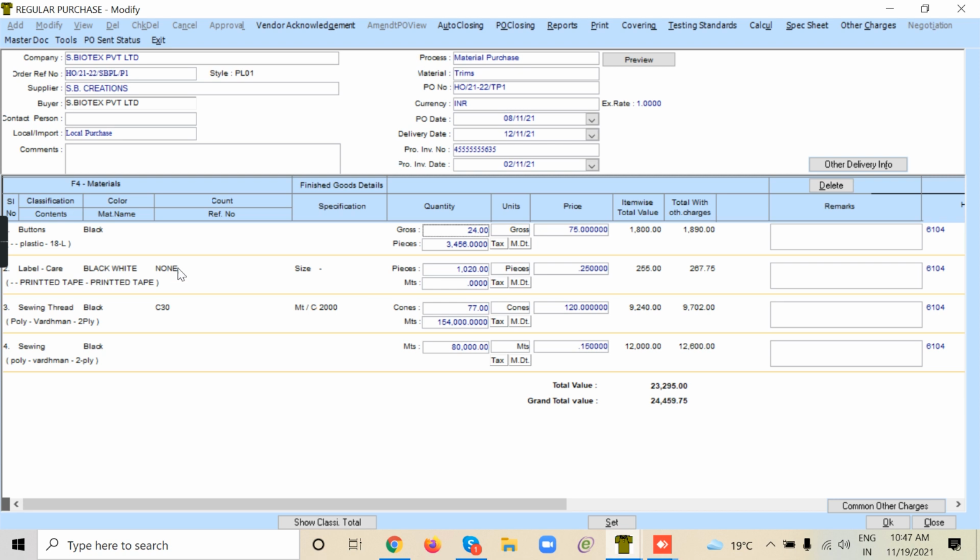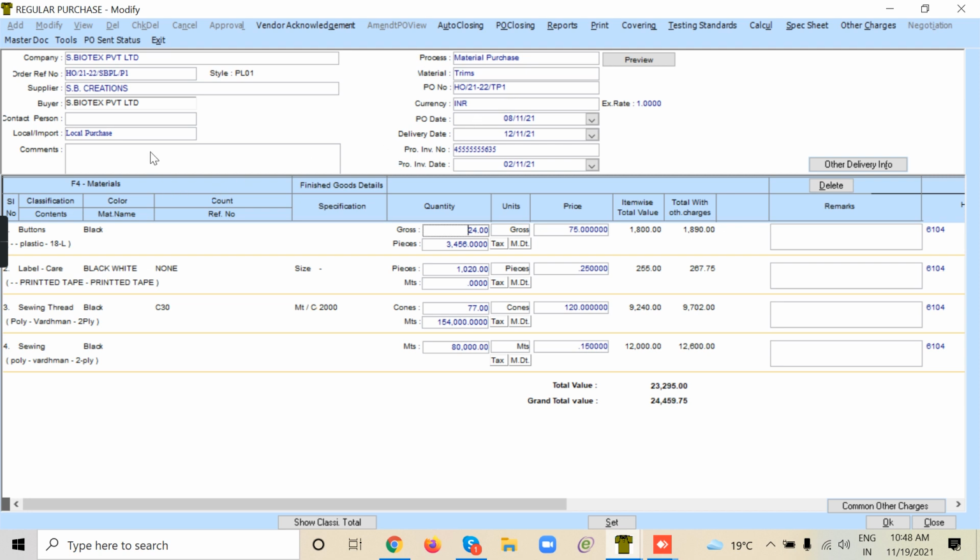So this is one purchase order from S Biotex to SB Creations, and this is for this order HO22 SBPL P1, that is the order in the system. This is a trims purchase order, you can see trims, and the PO number is HO2122 TP1. Each purchase order also will have a unique purchase order number, so that is why it is TP1.